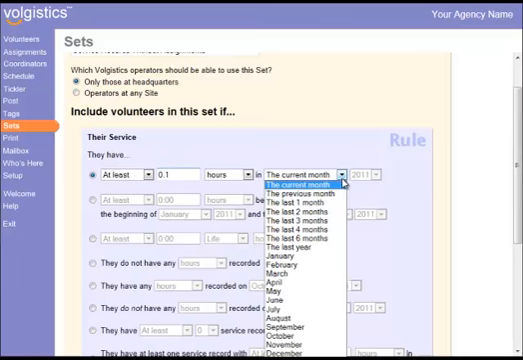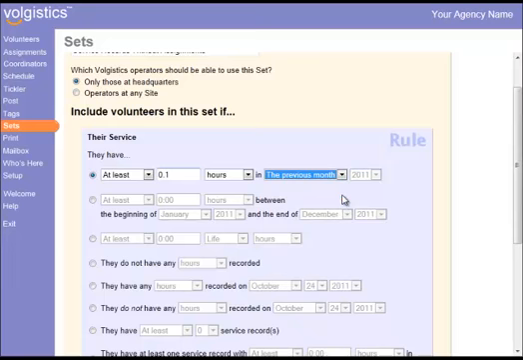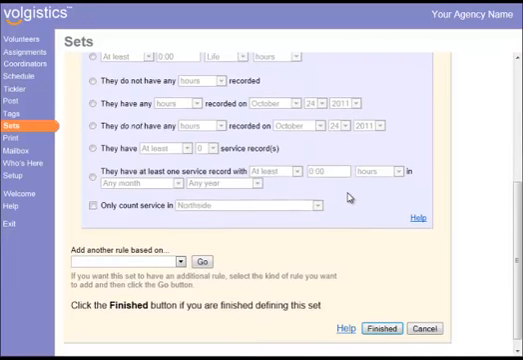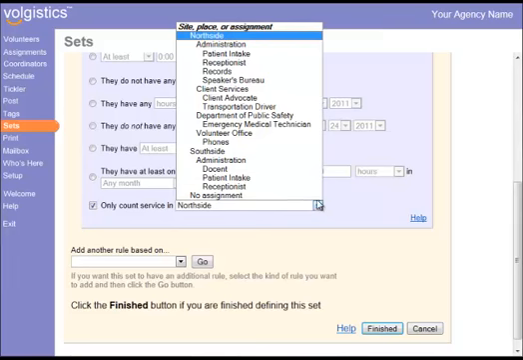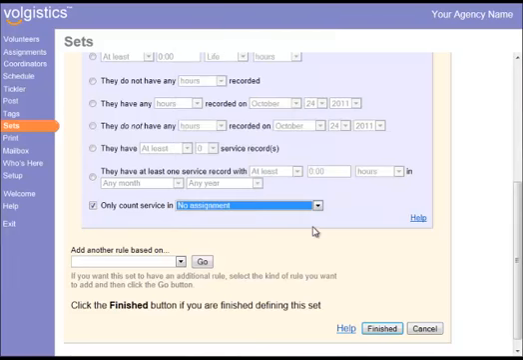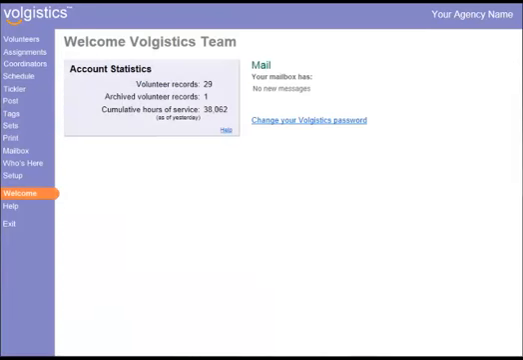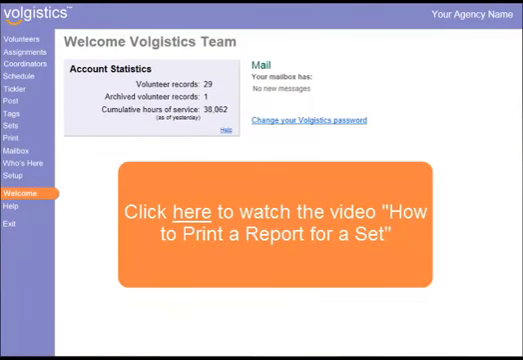of interest, such as the previous month, the last year, etc. At the bottom of the rule definition box, mark the checkbox next to Only Count Service In and select No Assignment from the drop-down list. Click the Finished button. Now you should create a new volunteer list report and choose to include only volunteers in